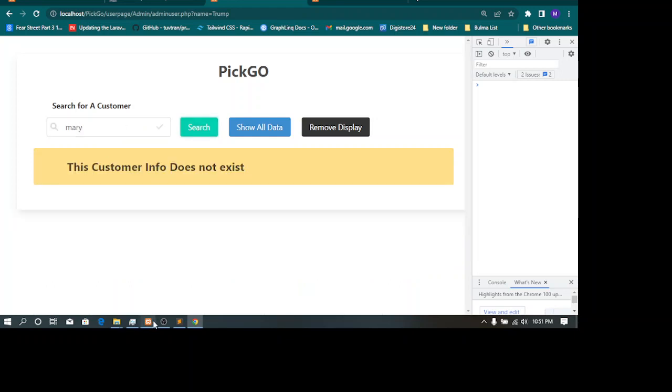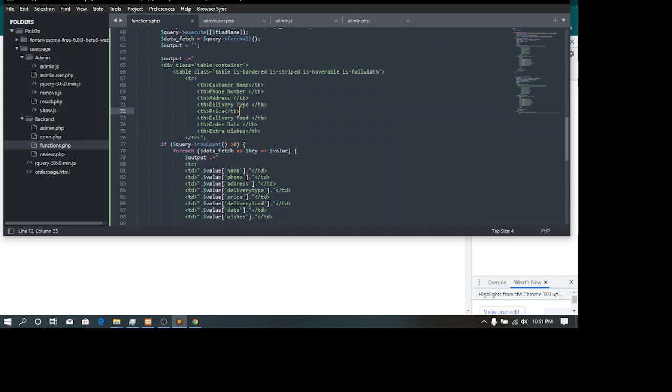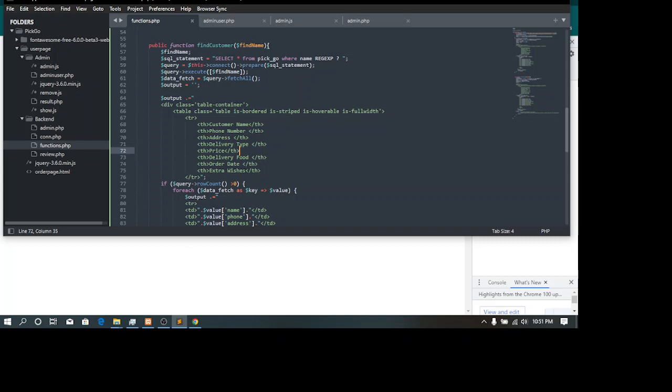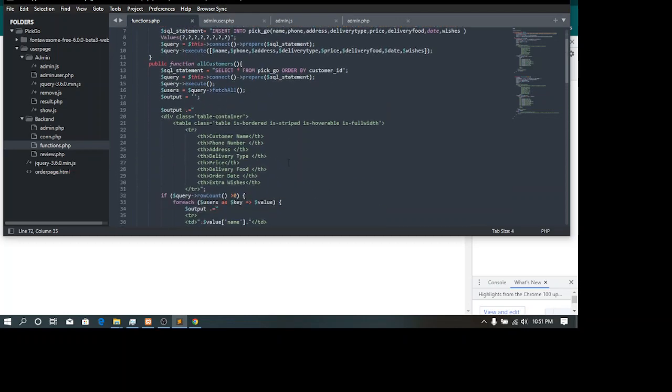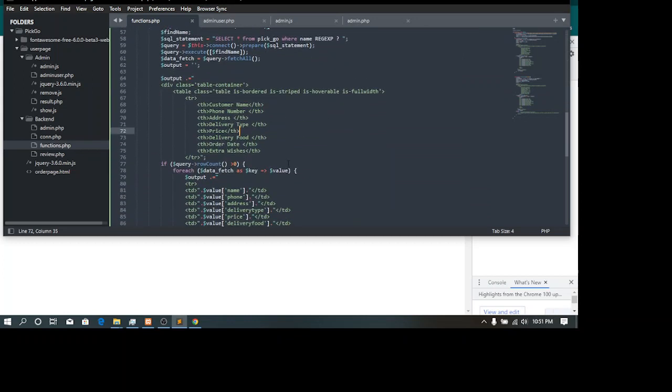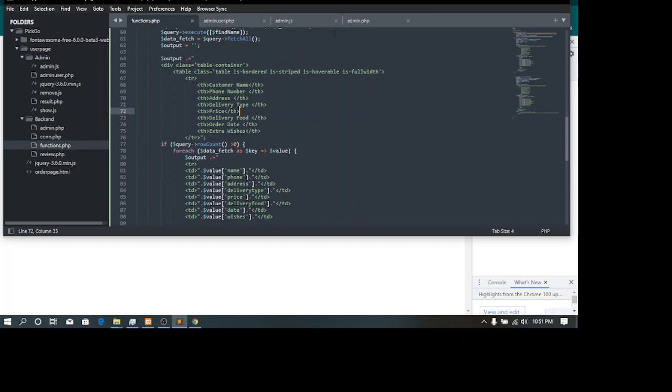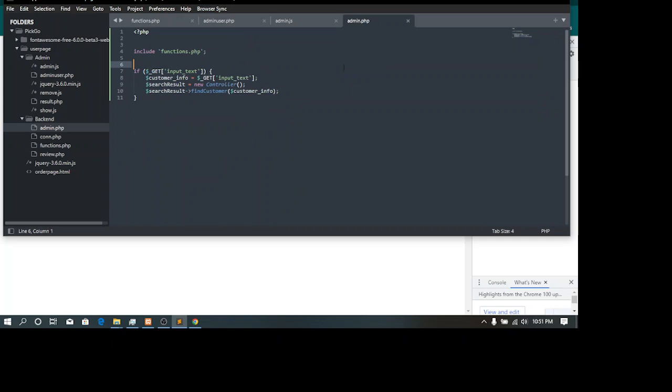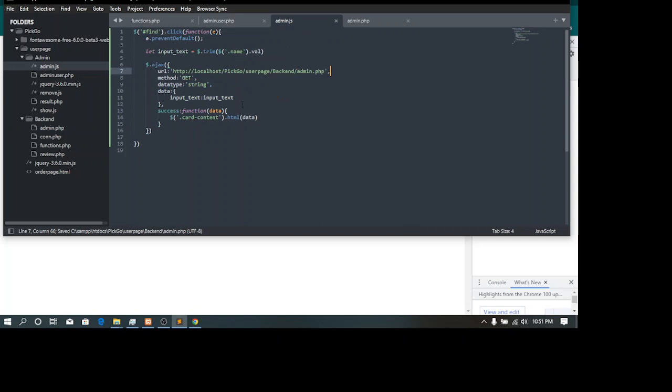Mary. What is my error? I have an error laughing at me now. There's an error somewhere. It has to be coming from here. It can't be from here. Find user.